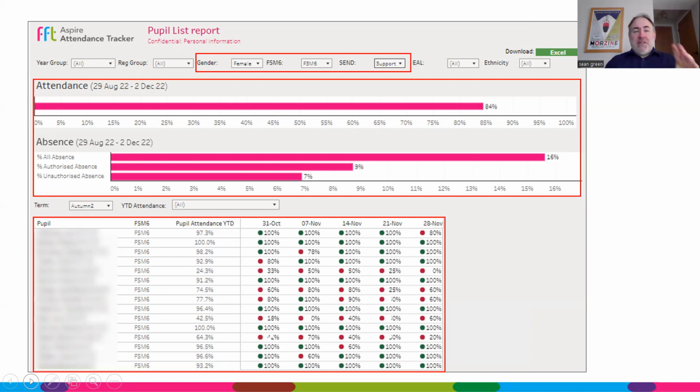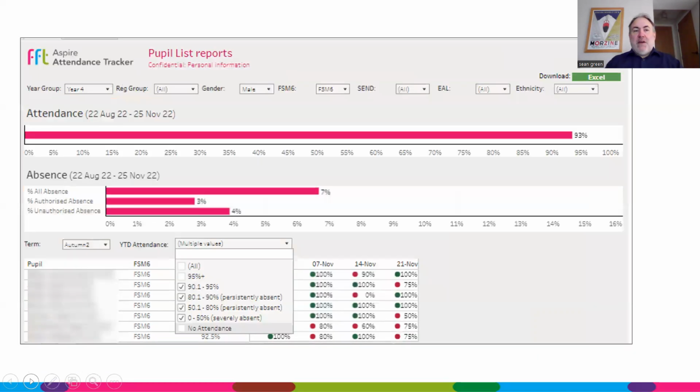So it could be that this is a key group in your school who you really need to focus on. By having this information, you can go in and start looking at the week-by-week trends, but also the year-to-date figures. We also talked on here about using this to identify pupils at risk of persistent